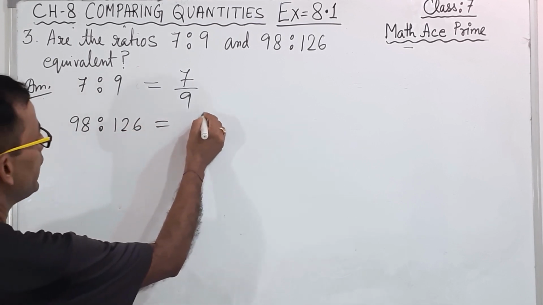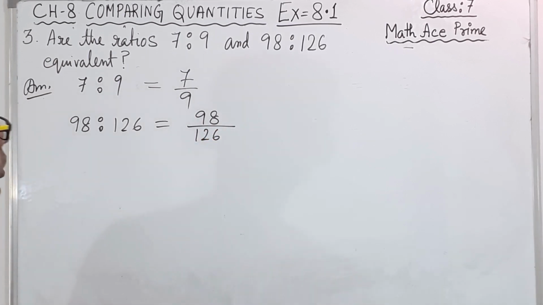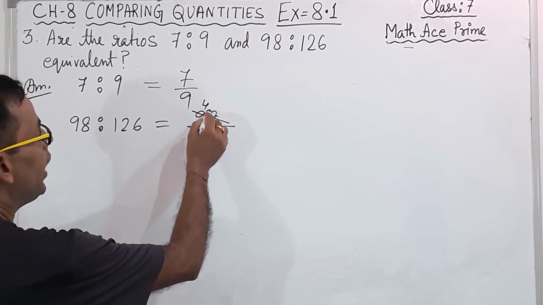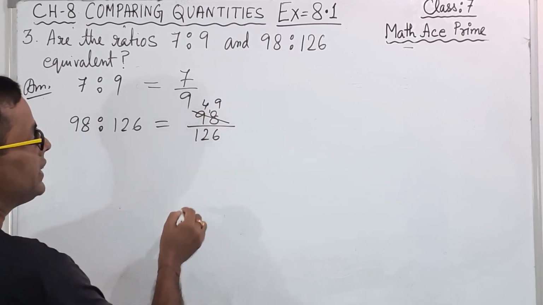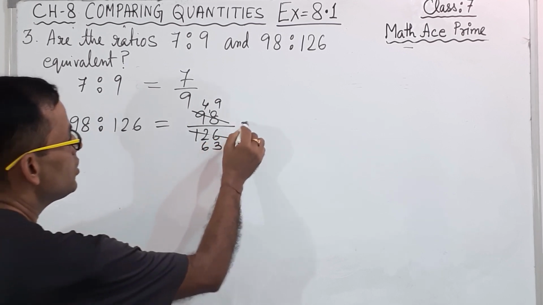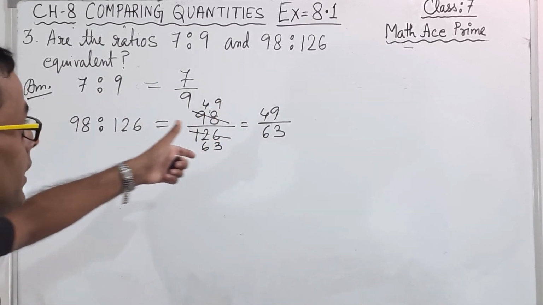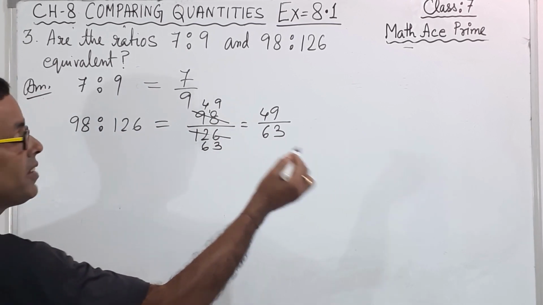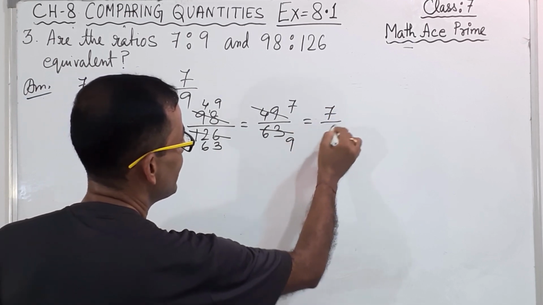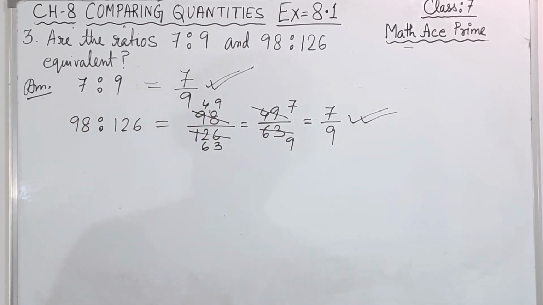उसके बाद नेक्स्ट वाला 98:126। सो इसको 98 डिवाइडेड बाय 126। अभी इसको हम लोग काट सकते हैं, देखो 2 से काटेंगे, 2 4 ज़ा 8 और 1 कैरी, तो 18 हो गया, 2 9 ज़ा 18। अगेन दिस ऑल्सो विथ 2, 2 6 ज़ा 12, 2 3 ज़ा 6, सो 49/63। अभी इसको हम और काट सकते हैं, 7 से काटेंगे, 7 7 ज़ा 49, 7 9 ज़ा 63, सो 7/9। अभी ठीक से देखो, ये भी 7/9 है, ये भी 7/9 है।